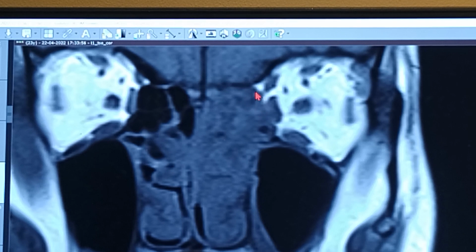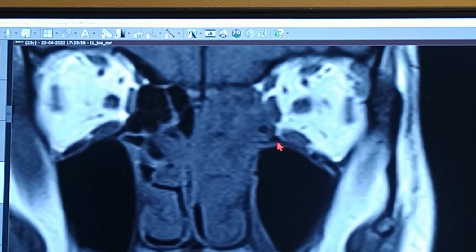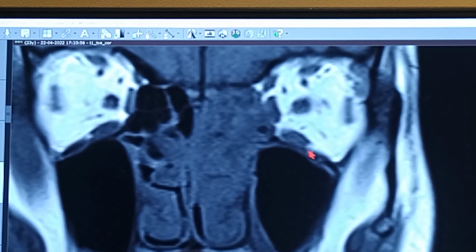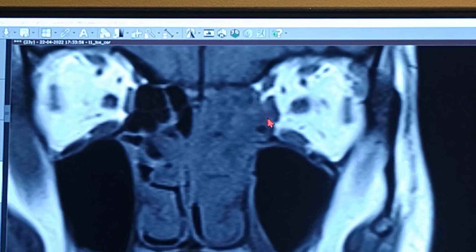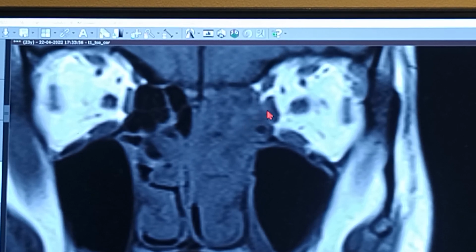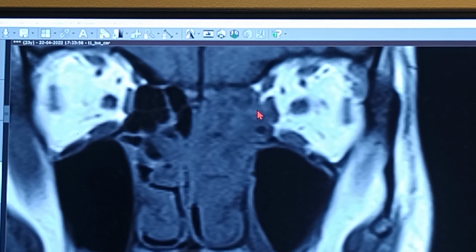So this is the lamina papyracea right here, and that's the bony continuation of the floor of the orbit. There is no dehiscence in the floor of the orbit. You can actually see that it's continuous. But at this particular area, you cannot see any black shadow over here. That is basically the area of the dehiscence of the lamina papyracea, through which the infective material is trying to enter into the orbital cavity right there, and as a result the patient is having a periorbital edema